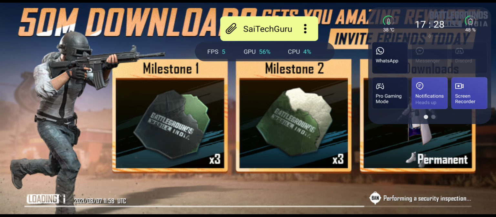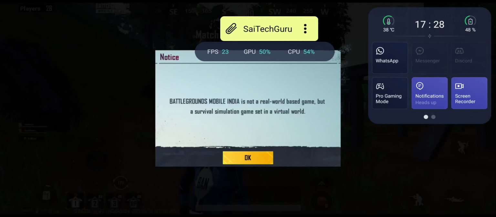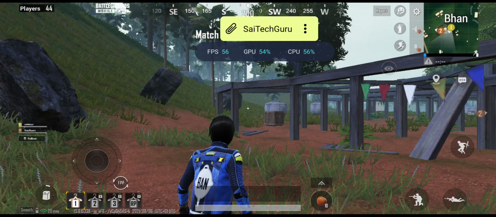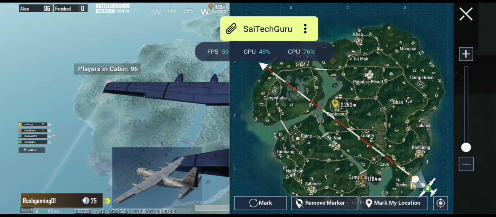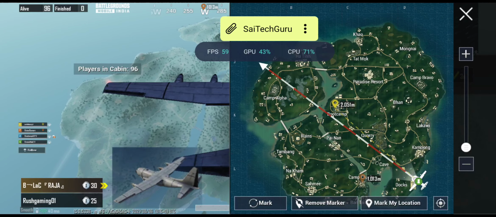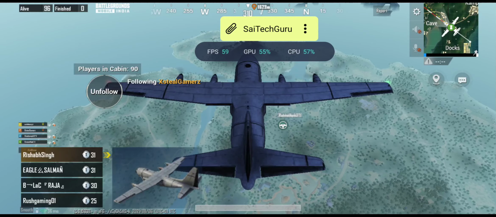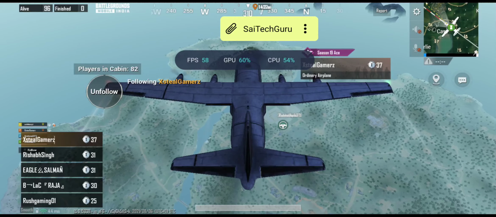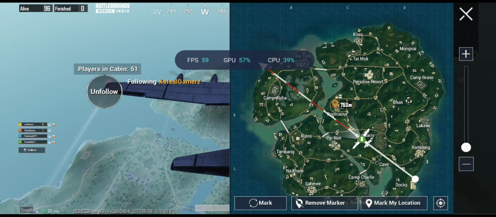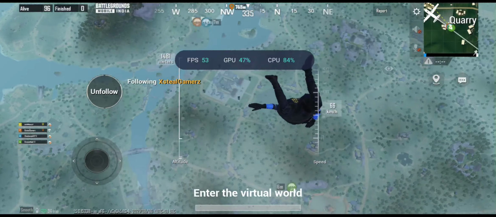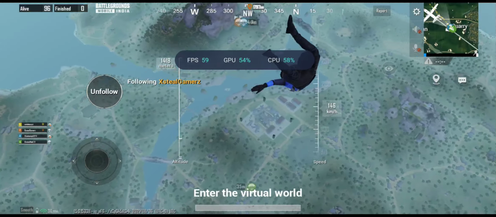One good advantage with this screen recording is that you can actually pause the video as well, and you can play whenever you want. Right now, let's see, friends, how much the FPS will be dropping at this moment. I'll try to do a couple of FPS drop tests while using the screen recording and playing at the same time. Let's see how much FPS will be dropped during this testing.